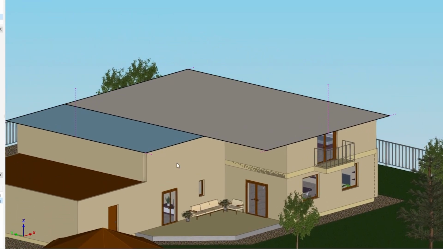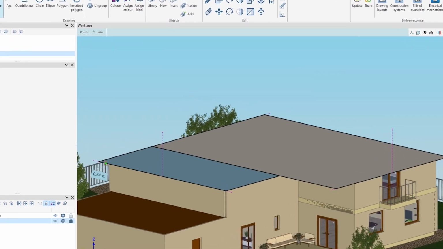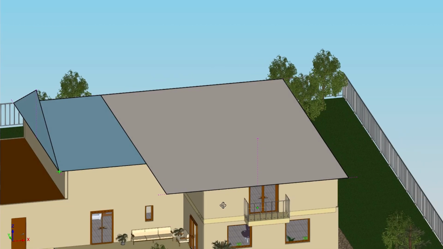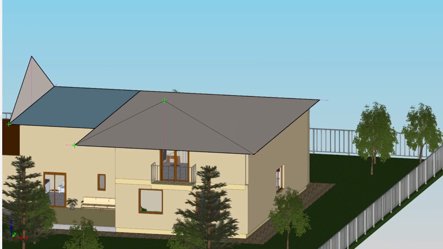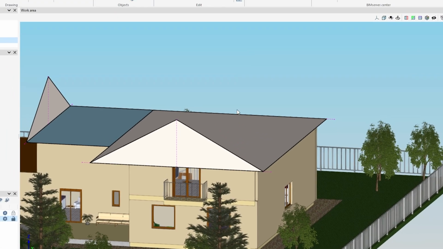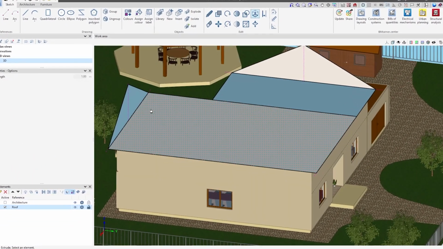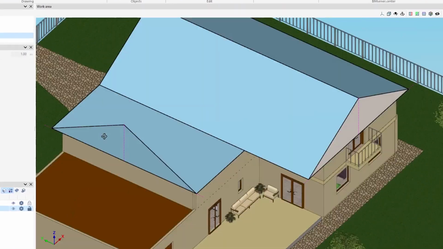Next, we connect the lines and complete the sloping roof sides. Using the line tool, we draw the edges that will define the sloping planes of the roofs. Next, we use the extrude tool to carry out this operation on each roof. Pay attention when extruding the second roof, as it should be extended to intersect the first one.